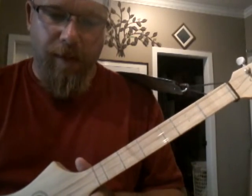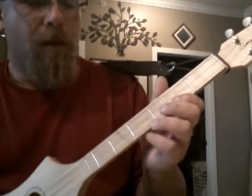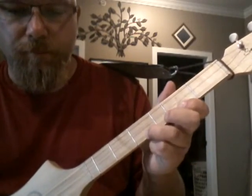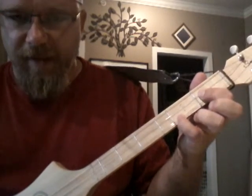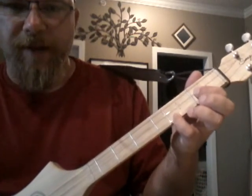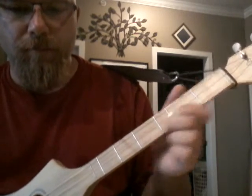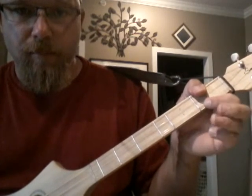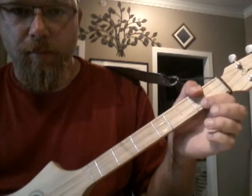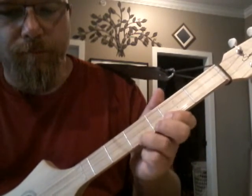Now the fourth line starts similar to the second line, but it changes at the end. So you start with all the same as the second line, ending in that B minor. But from there you go to an A. So it's...